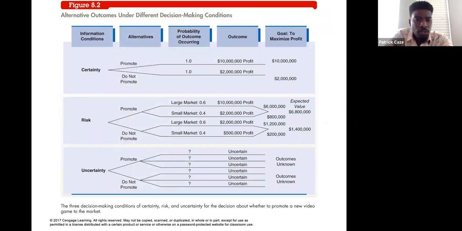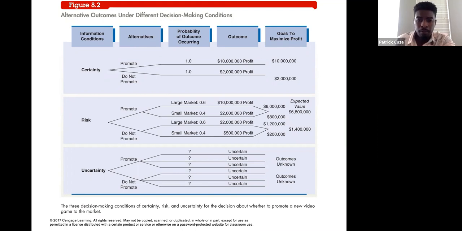Okay, so here's another diagram illustrating the alternative decision making conditions, alternative outcomes on the different decisions. You can see the information condition, the alternatives, the probability of it happening, the outcome, and then the goal to maximize profits. Again, maximizing profits is what we're always looking for as an institution or place of business. And so every decision that we make is going to be related in some shape, form, or fashion to the bottom